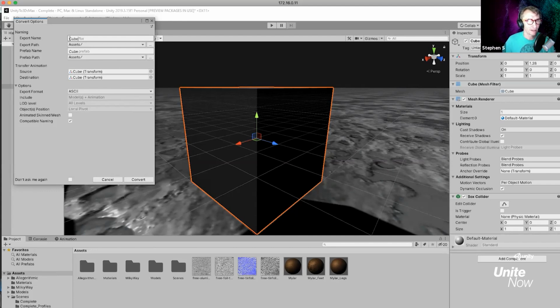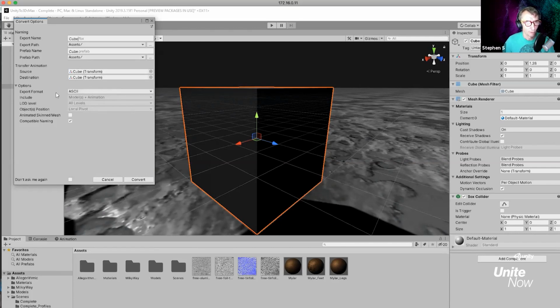So it's going to say, here's what it's going to export it as, this cube.fbx. And right now it's going to put it in the assets folder. Some people will actually make a new folder and make it a linked prefabs folder or whatever. If you want to do that, you're certainly welcome to. It'll work just fine in the assets as long as there's no other object in there named the same, right? Don't worry about the source and destination. It's just saying that that's the group or the game object that it's going to be transferring.